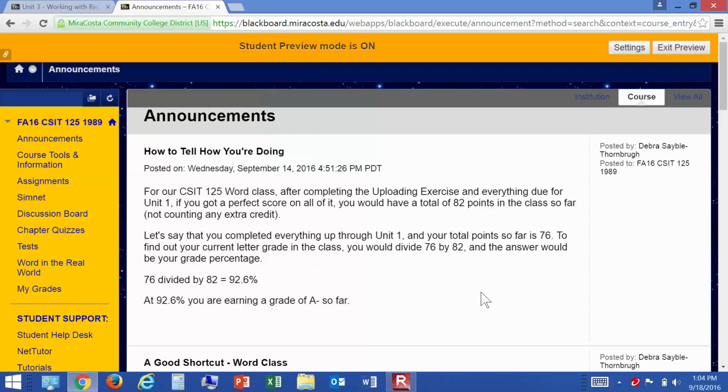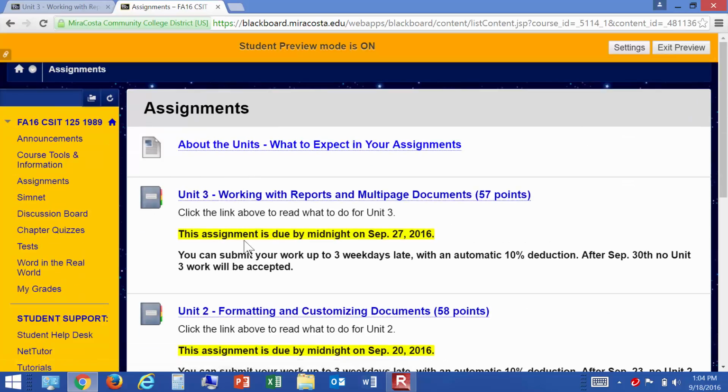Okay, in this video I'm going to demonstrate what Unit 3 has to offer. So once you log into Blackboard, of course the first thing you see is the announcements page. On the left hand side you're going to click the assignments link, and on the assignments page near the